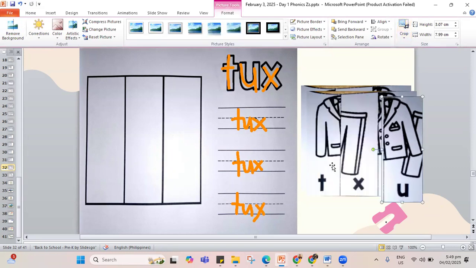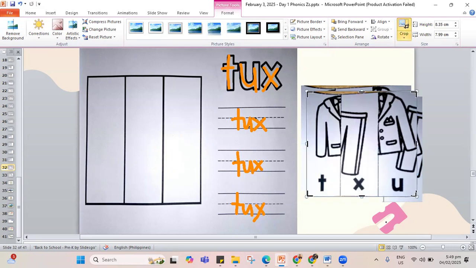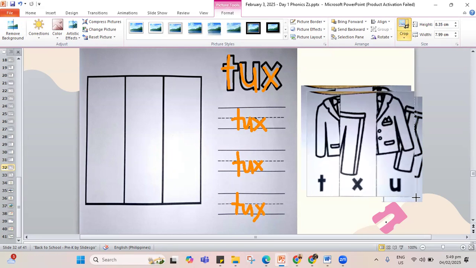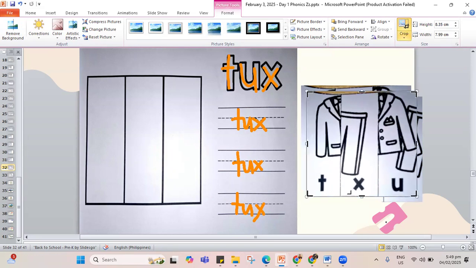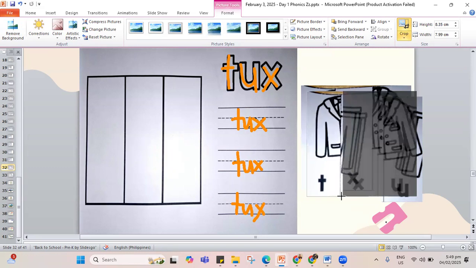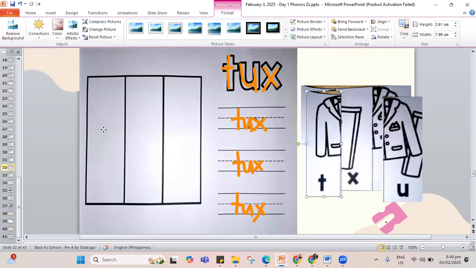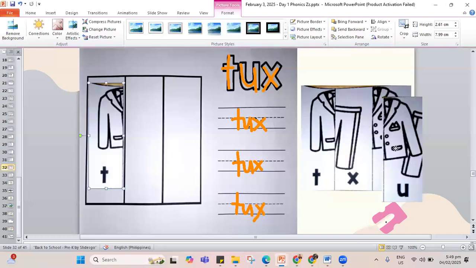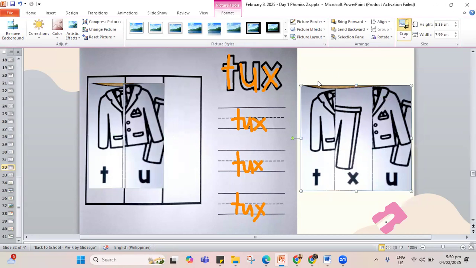So what goes first in the word tux? It has the t sound letter. What letter do we need to fix for this one in our picture? We have to put letter T. So you have T. Next one, letter U, and the letter X, tux.